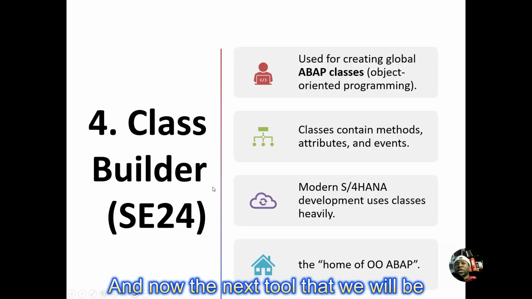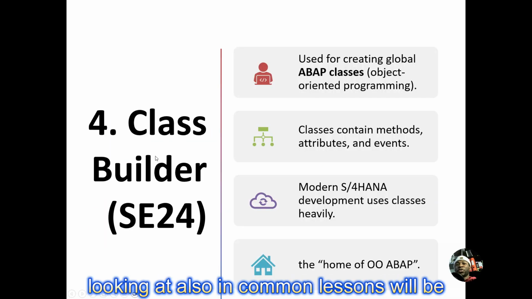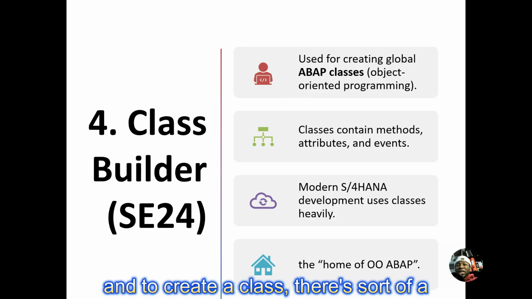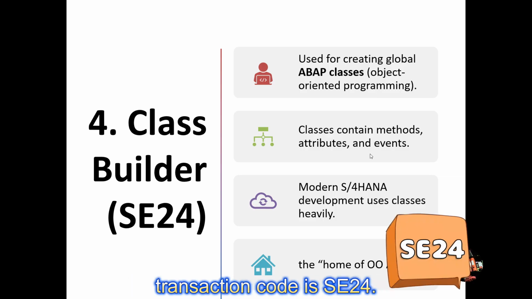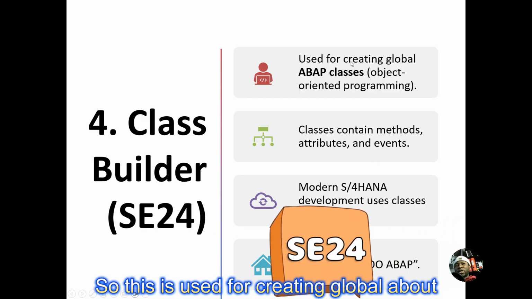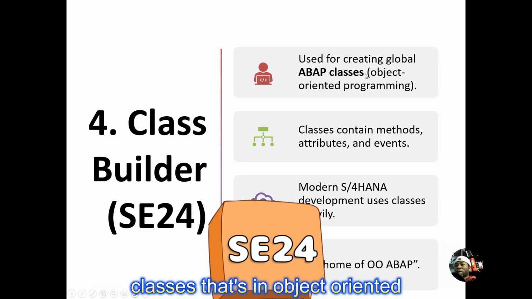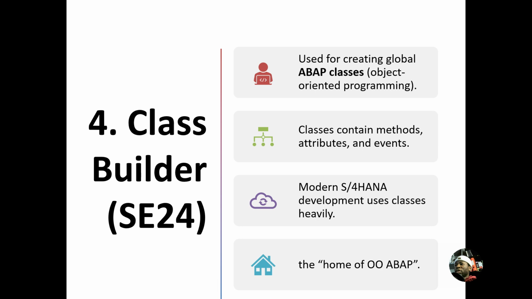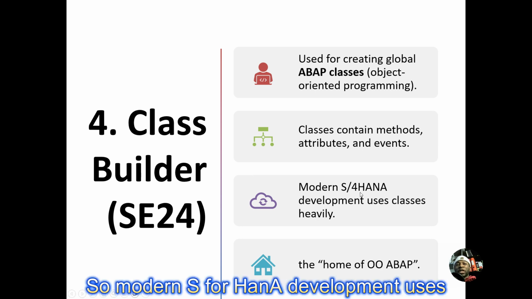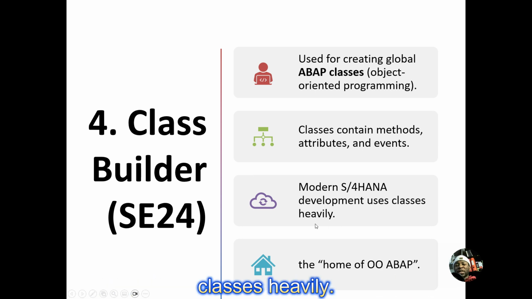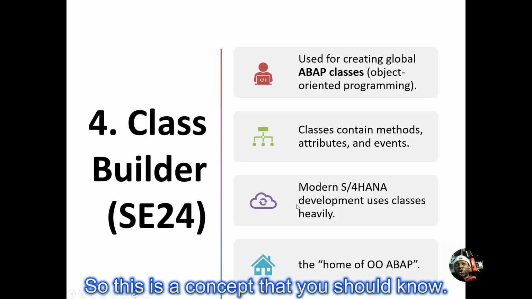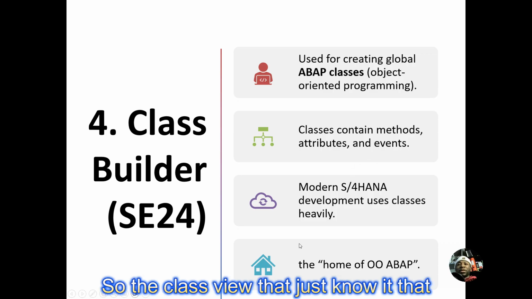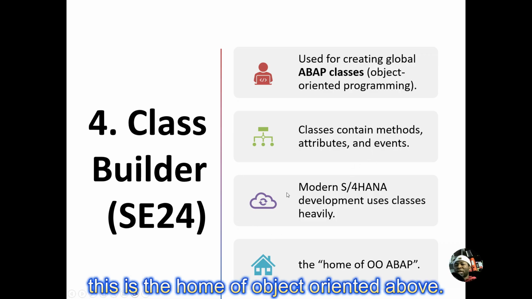And now the next tool that we'll be looking at in coming lessons will be the class builder. If you know programming, you want to build a class, and to create a class there's a tool called the class builder, and the transaction code is SE24. So this is used for creating global ABAP classes, that's in object-oriented programming or object-oriented ABAP, and we'll create this later. So modern S/4HANA development uses classes heavily. So this is a concept that you should know, and classes actually contain methods, attributes and events. So the class builder, just know that this is the home of